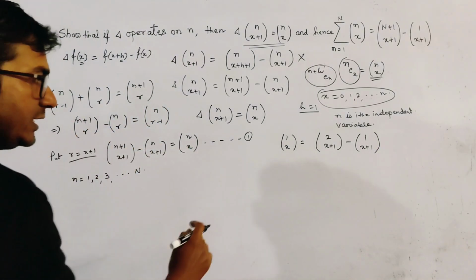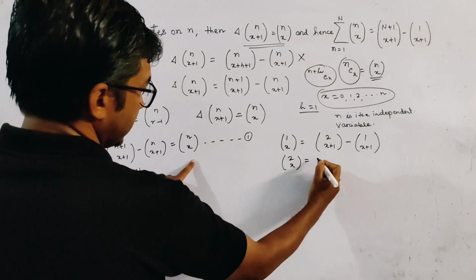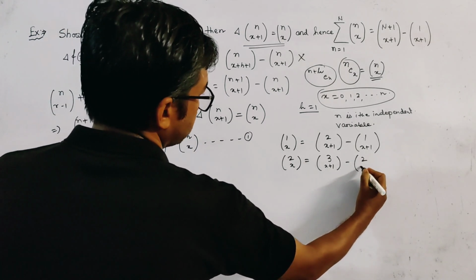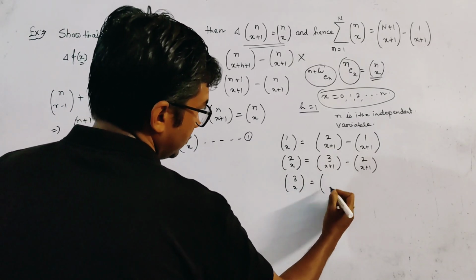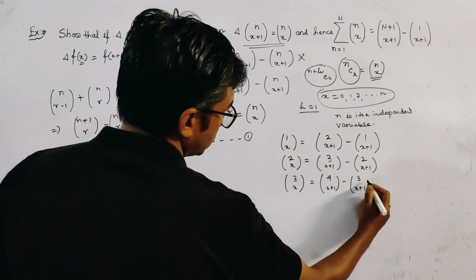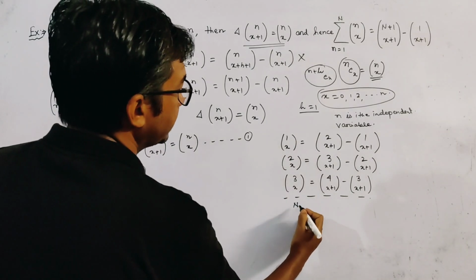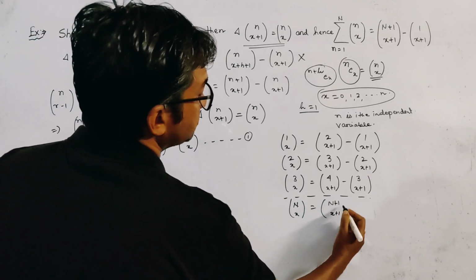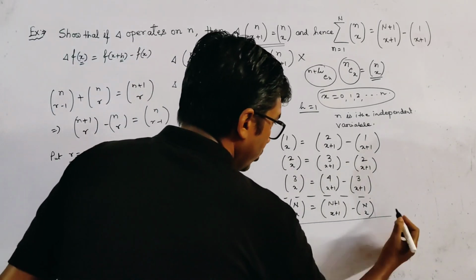In the second line we put n equal to 2, then we get 2Cx equal to 3C(x+1) minus 2C(x+1). Similarly we get 3Cx equal to 4C(x+1) minus 3C(x+1), and so on. We put the last value of n, capital N, so NCx is given by (N+1)C(x+1) minus NC(x+1), and adding all of these results